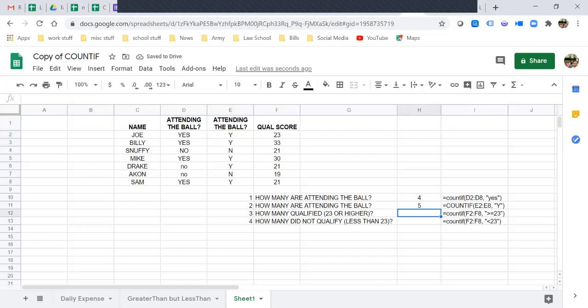Okay. The third example, I want to know if, say, for example, a test score, or in my example, qualification score, the benchmark to see if you passed or failed is 23. So you need to have scored at least a 23. So we're going to use the same formula, but we're going to add something at the end instead of the text. So we're going to continue with the equal sign, COUNTIF, parentheses, highlight the data set,